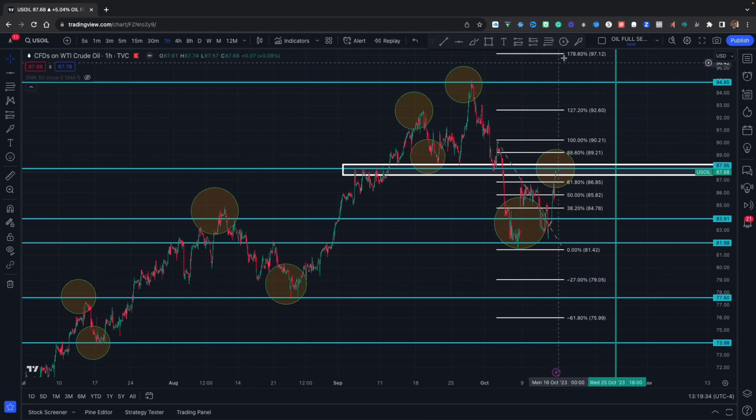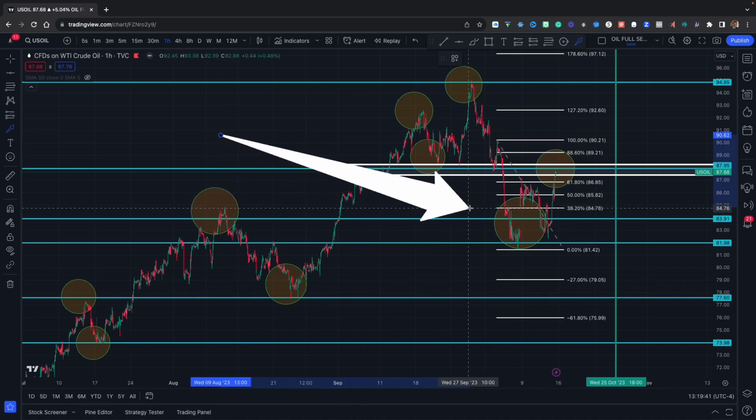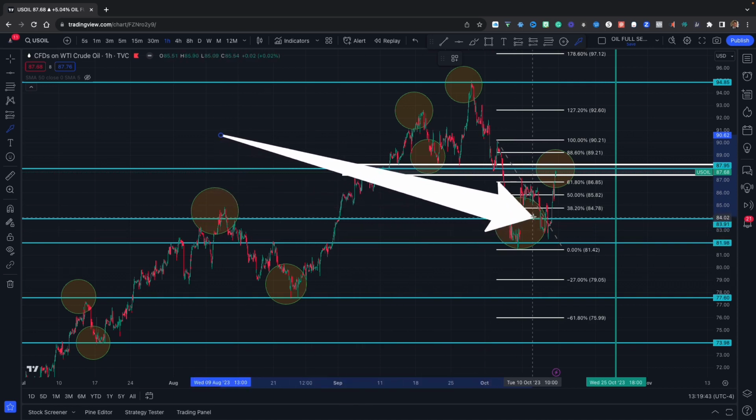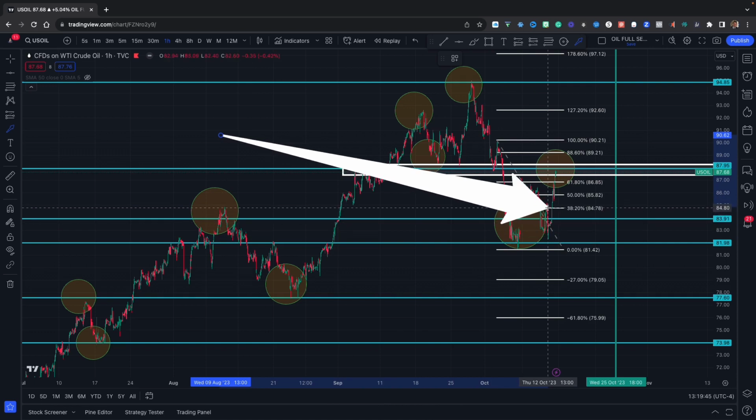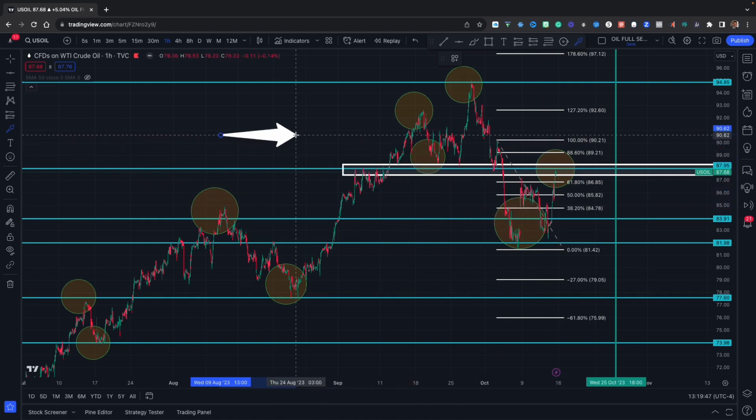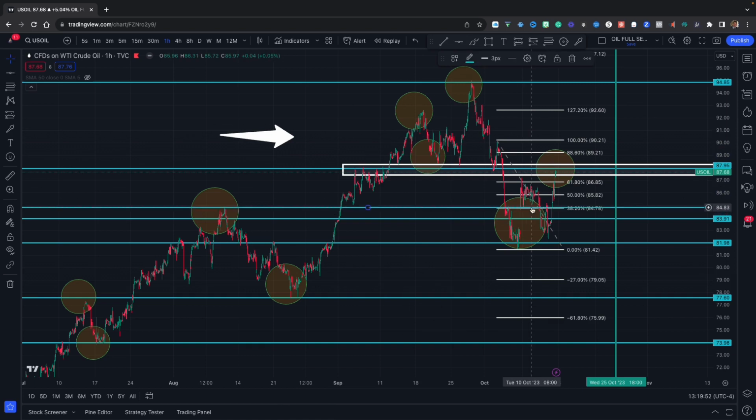Now, if we look right over here, we saw price drastically drop from here. And if we go right across, we can see that happened here and we can see that happen here. Why? Because it's a fib level of a 38.20. So what that allows me to do is go ahead and put another horizontal line there